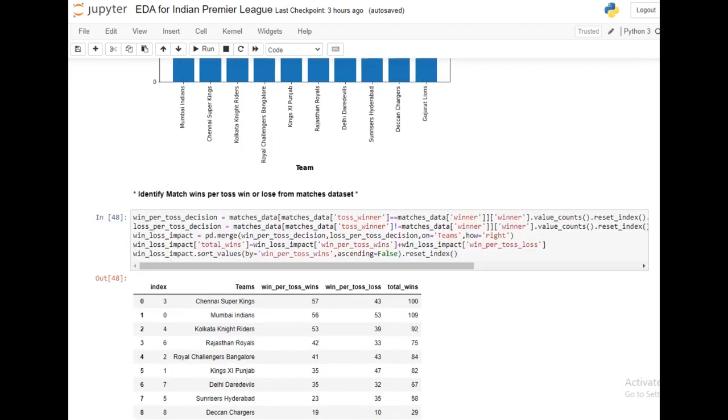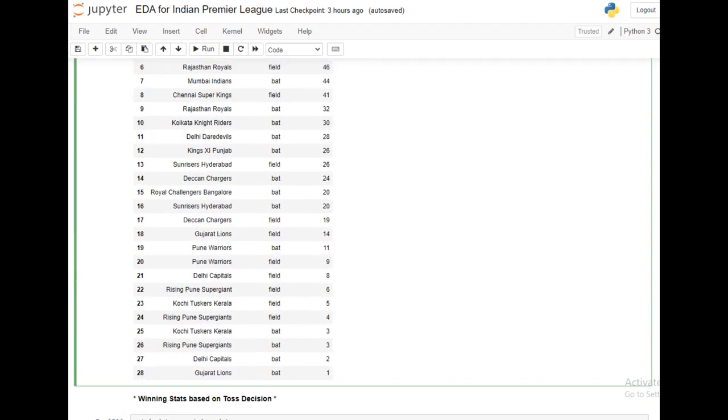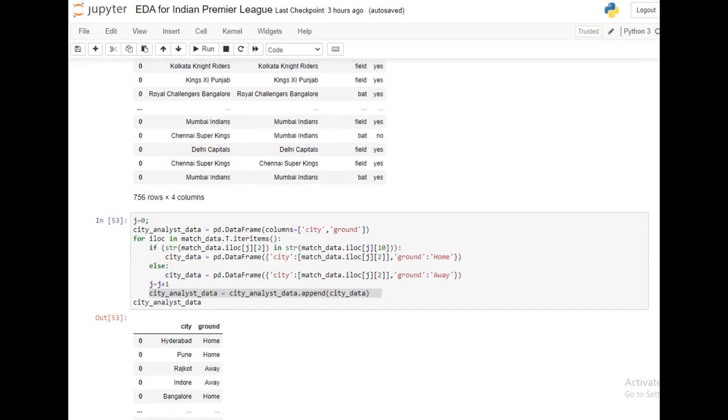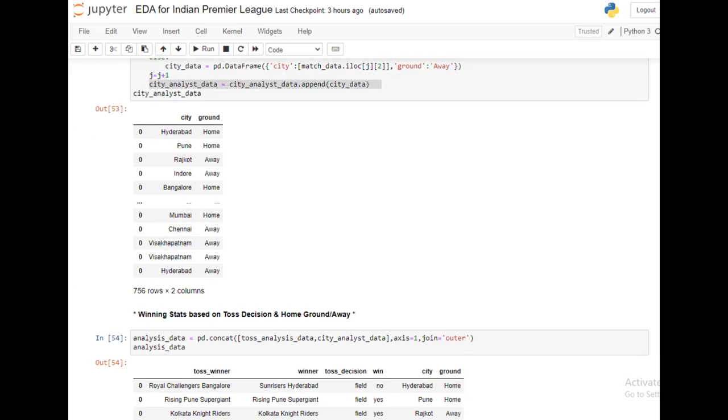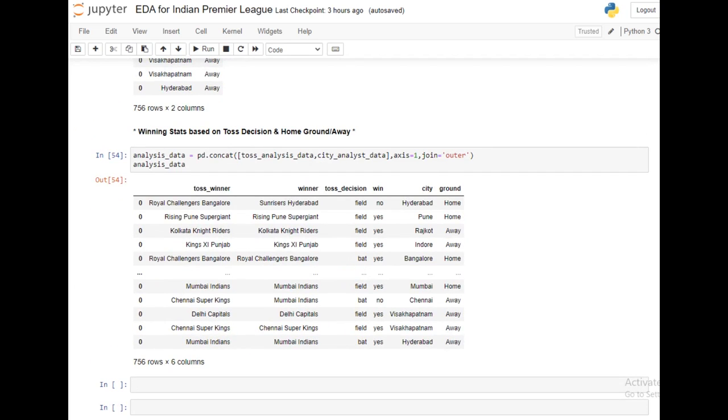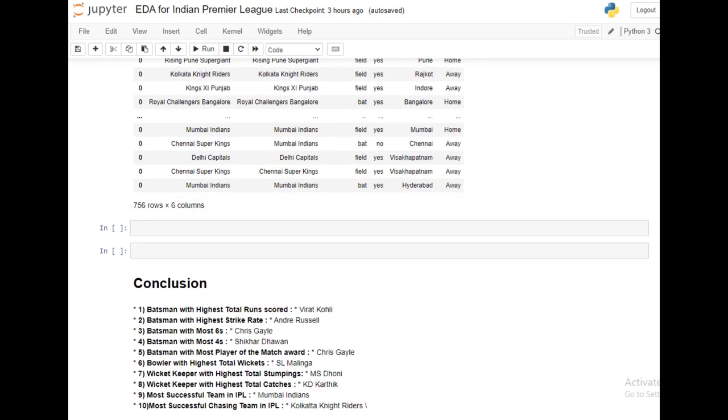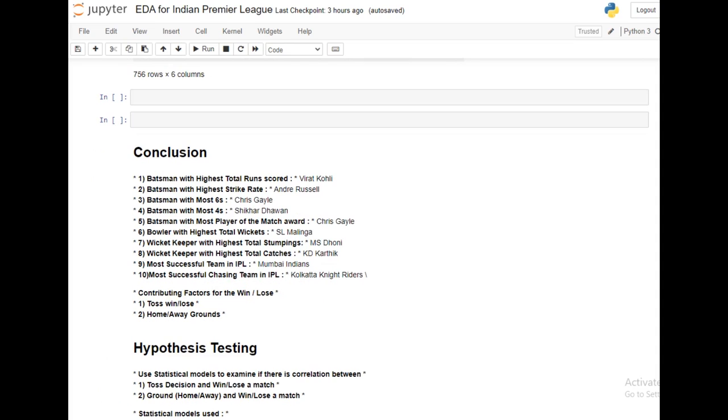of winning a match. And the second contributing factor for winning a match is playing on a home ground or playing away from a home ground. The most number of matches played by Kolkata Knight Riders and Mumbai Indians on the home ground has given them a significant increase in the number of wins. So the contributing factors for win and lose are evidently toss and playing on a home ground or away, the two important factors of significance. And this I tried to prove via